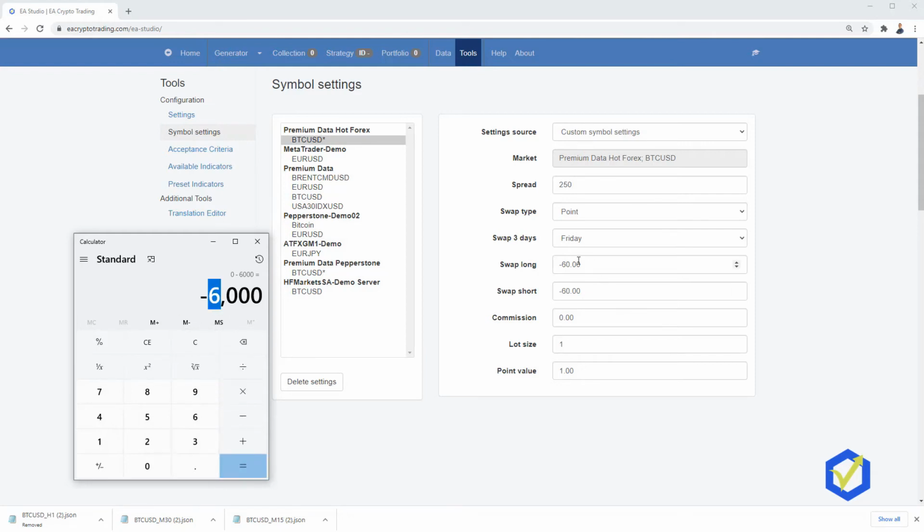And as swap long, I have entered negative 60 because negative 60 times 0.1, because I said the premium data uses 0.1 digit, or this is the digit value in the premium data that we downloaded from the historical data app. If I hit equal, it's negative 6.